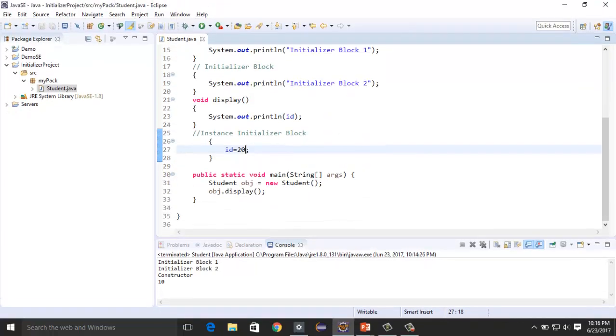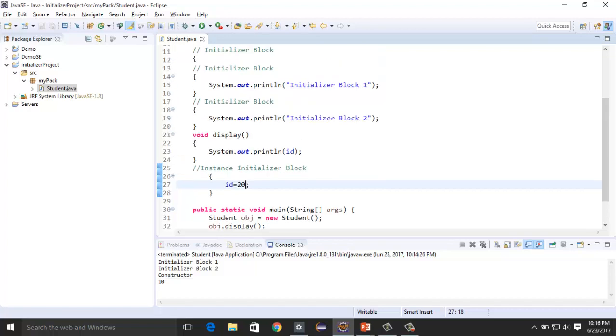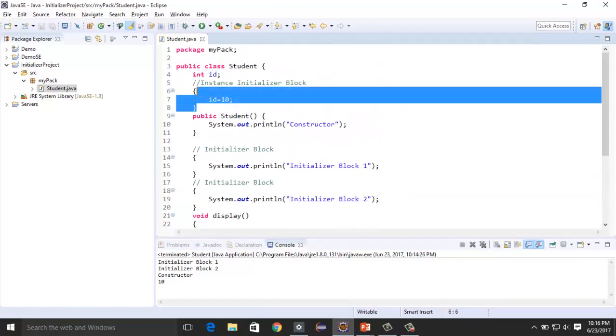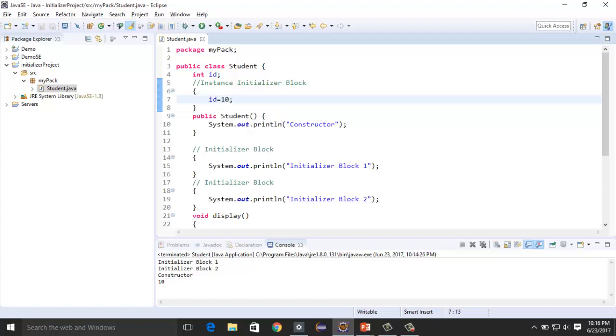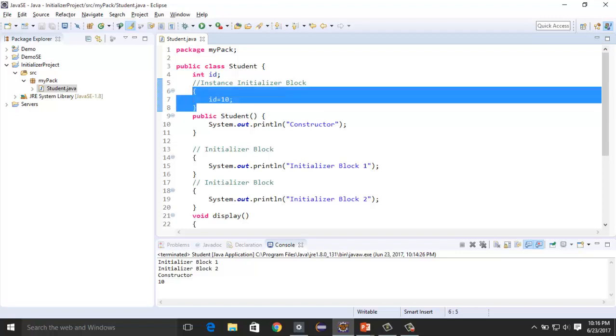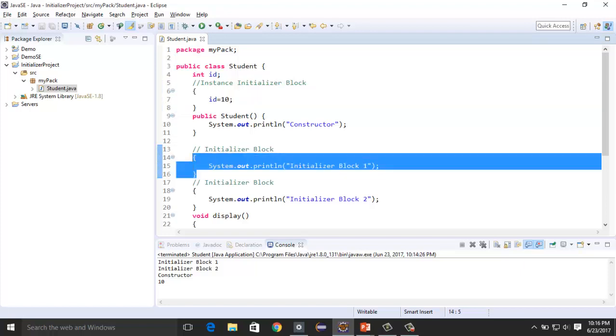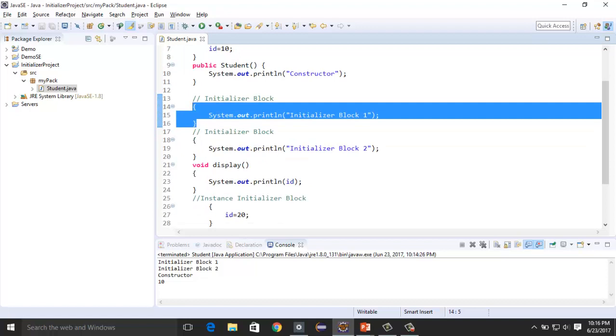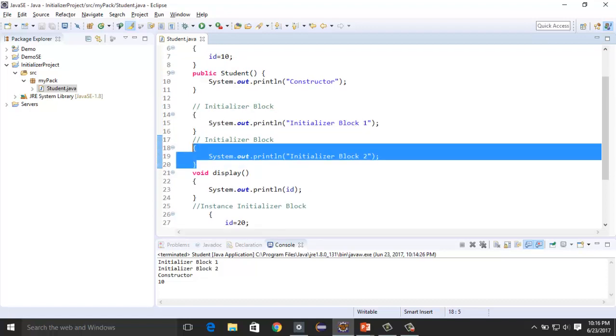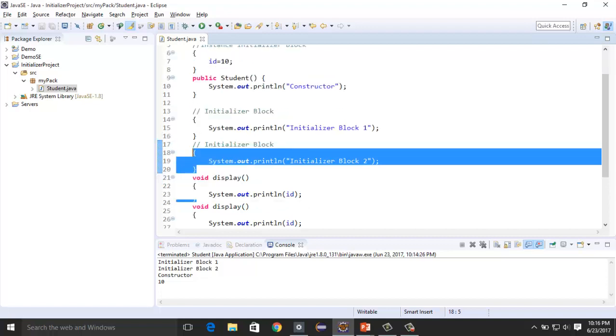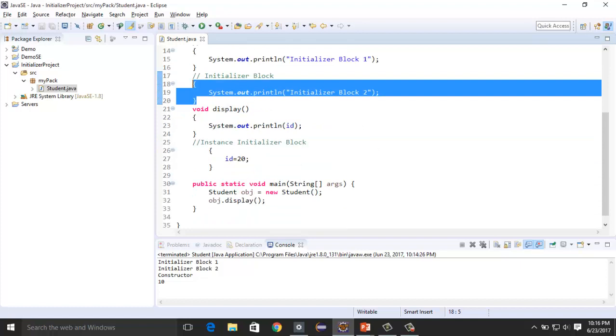So now what is happening here, this is our first instance initializer block. It's providing value 10 to the id variable. This will get invoked after calling the object of the class, and after this initializer block this will get invoked, and after this initializer block this will get invoked. So first, the statements will get printed on the screen: initializer block 1, initializer block 2, and here is another